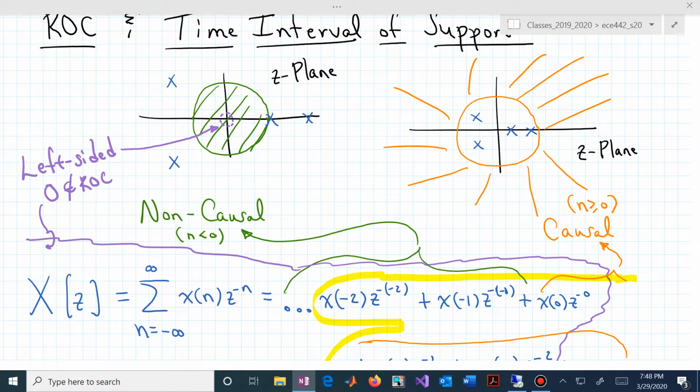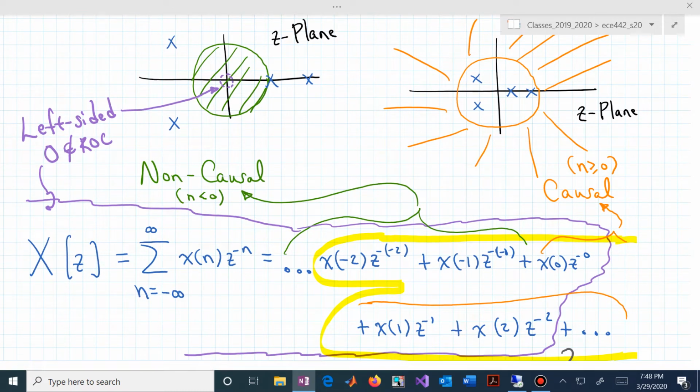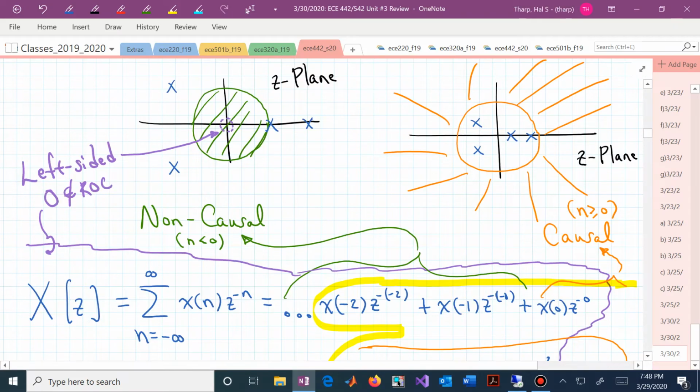And notice what I've done in the series expansion for capital X of z. I've written it out in terms of x at time minus 2, z to the minus 2, so that ends up being x at minus 2, z squared, etc. But now look at how I have curly bracketed in green the terms that are associated with